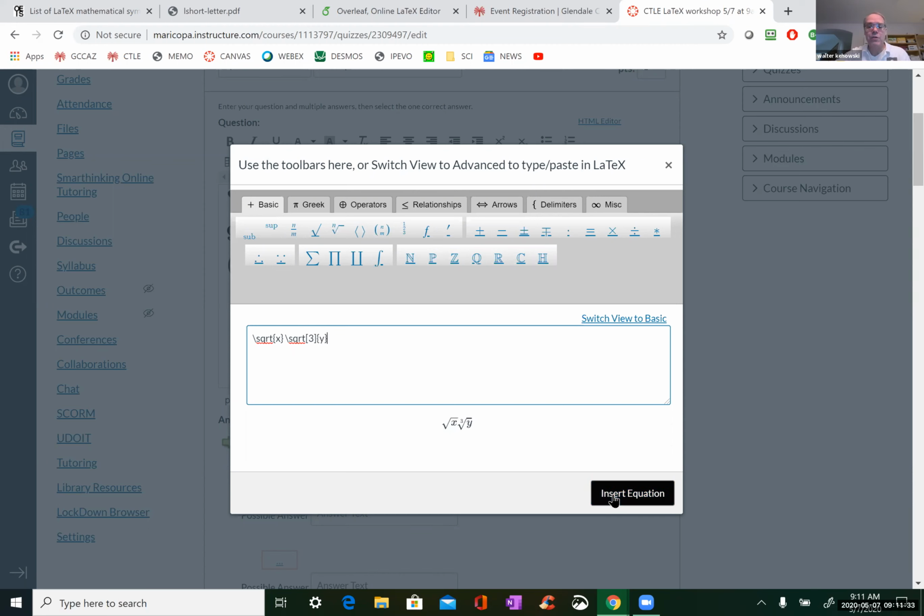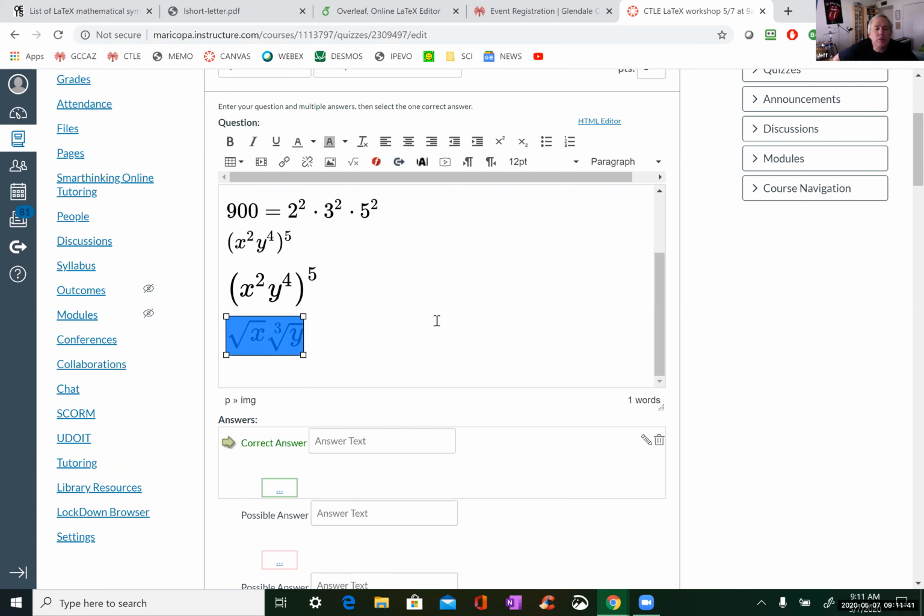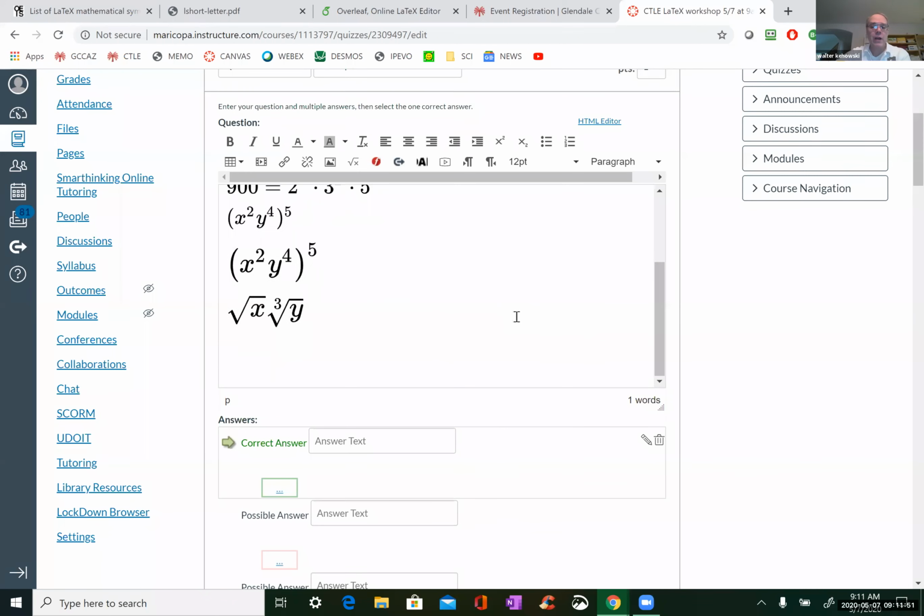Okay, and now you can see that gives you a nice cube root.